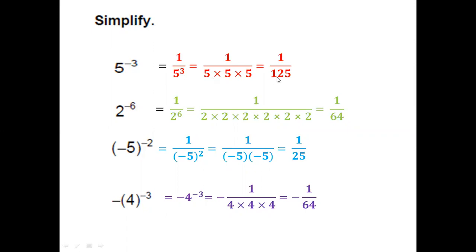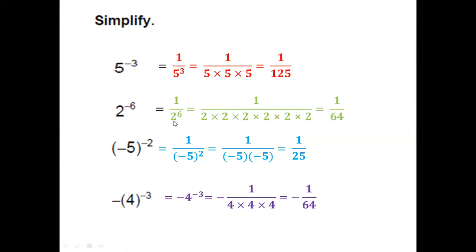Now these I'm not going to explain in detail as in the videos before. I have already explained completely in detail every step in doing these kinds of questions. This is just for you to check your answers if you have solved the homework. So similarly, this is going to be 5 to the power of 3. So 5 multiplied 3 times, that will give 1 over 125.